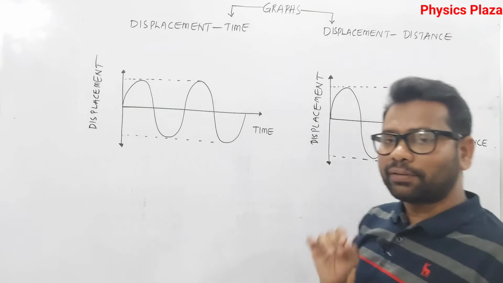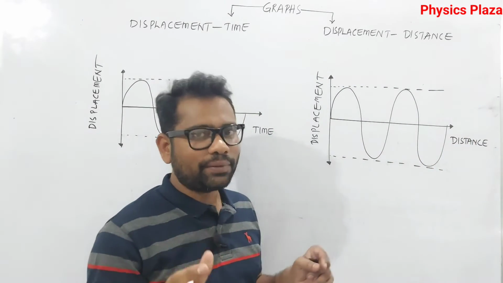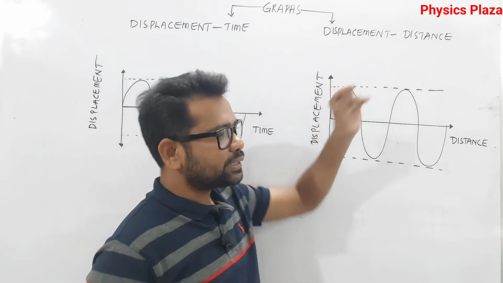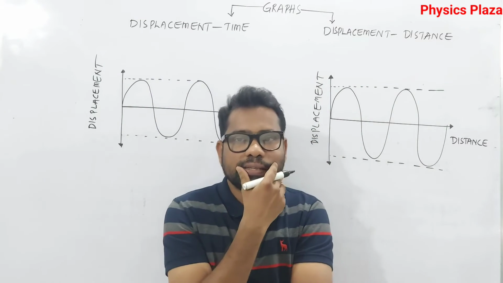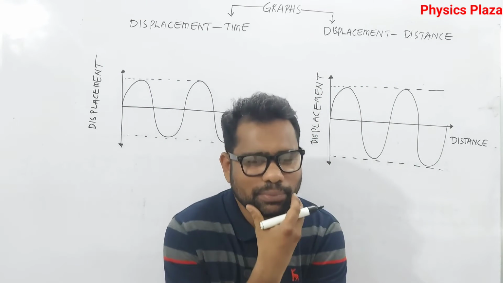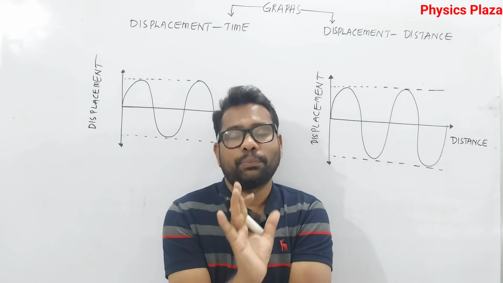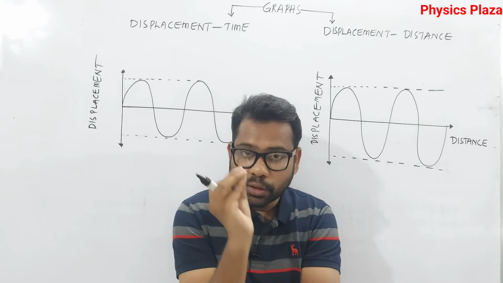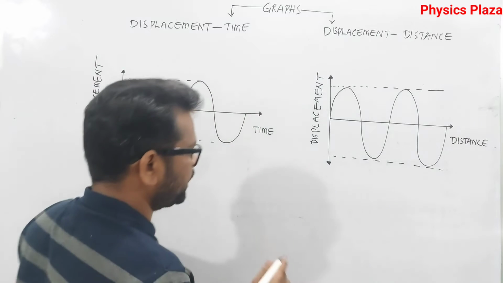Before that, children, I want to give you one clarity. Some of you may have a confusion. Sir, displacement and distance in motion in 1D, we discussed that displacement and distance are almost the same, something like that. Children, it's very important. Here, what is the displacement, what is the distance, we need to understand. Let me give you clarity.